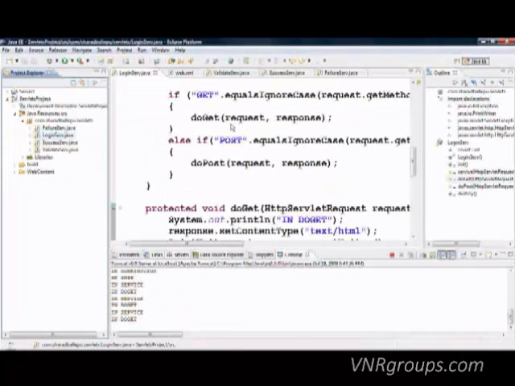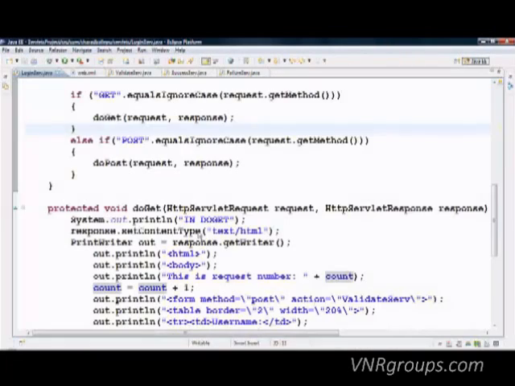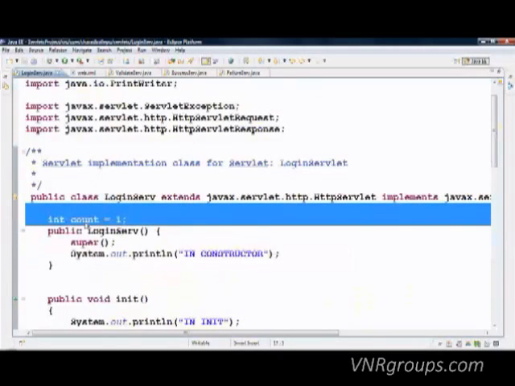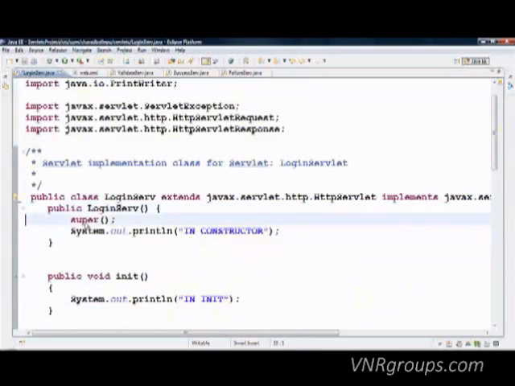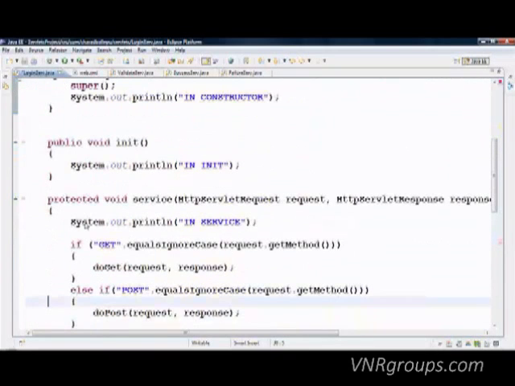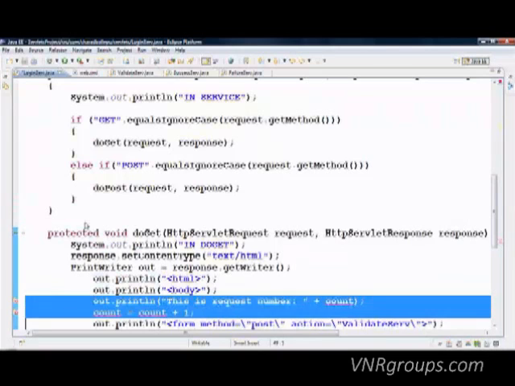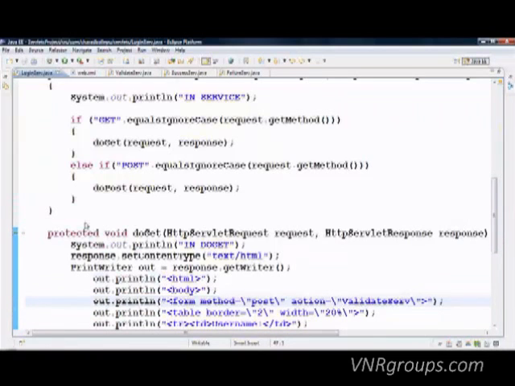So one more thing is initialization parameters, right? So let's see how you use initialization parameters. We've discussed in the session that you put your initialization parameters in the web.xml configuration file, and the only thing you can do is read the value from the initialization parameters in your servlets, right? So in my validate servlet element, I'm going to add an initialization parameter. I'll say init param